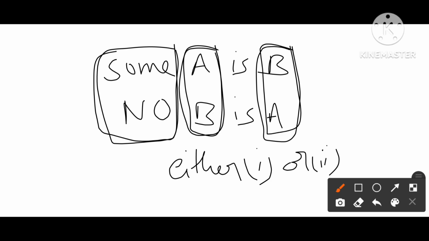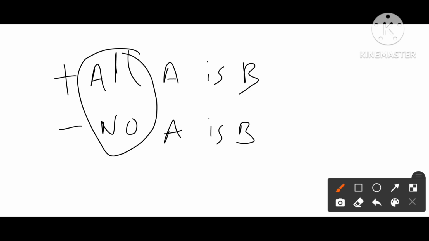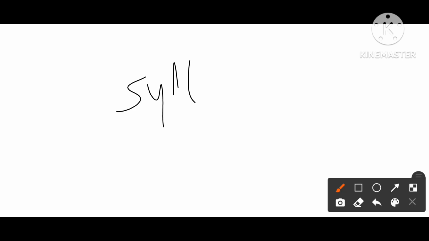And there is one more exception we need to see in the either or concept, which is if we see all as a positive statement and no as a negative statement, even though the suffixes and prefixes are the same, the answer will be neither nor, because of the all and no concept. If we see all and no, then the answer will be neither nor. Okay, these are the two exceptional things for the either or case. By this we have completed the total concept of syllogisms.